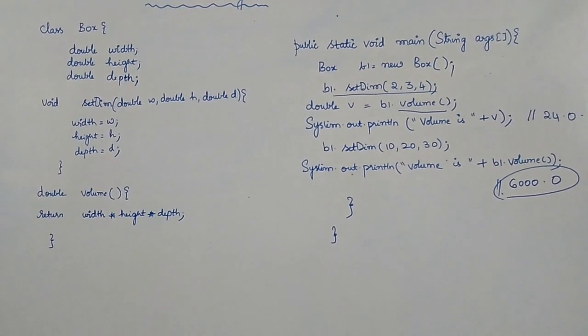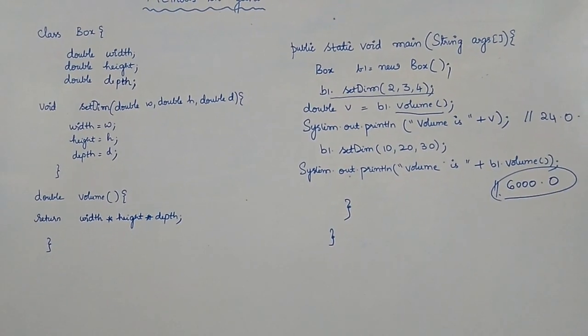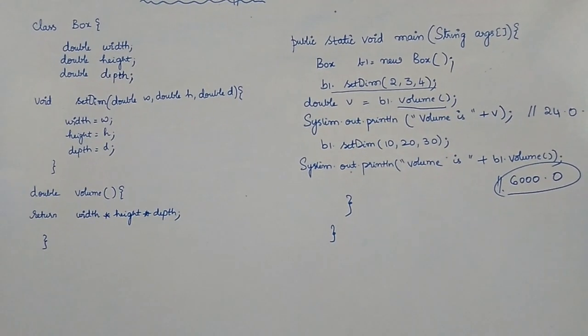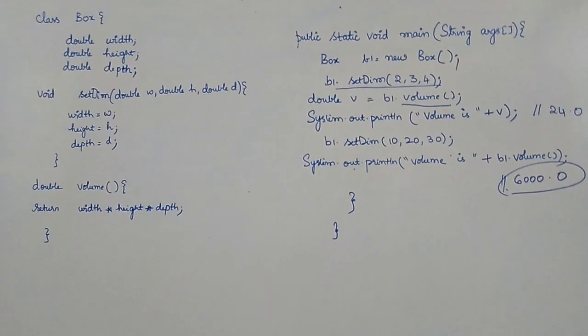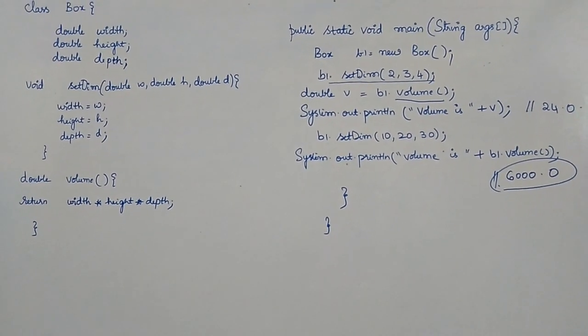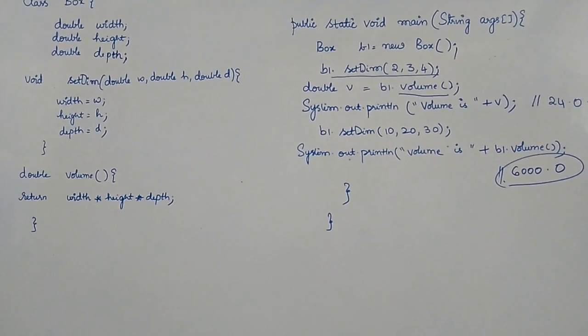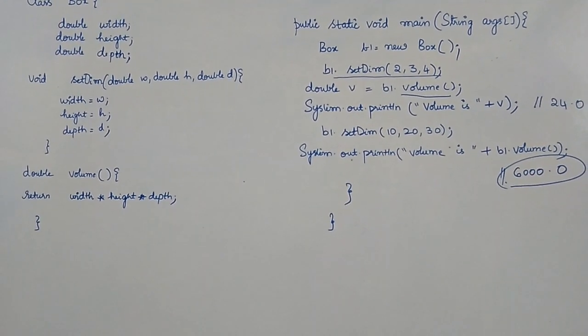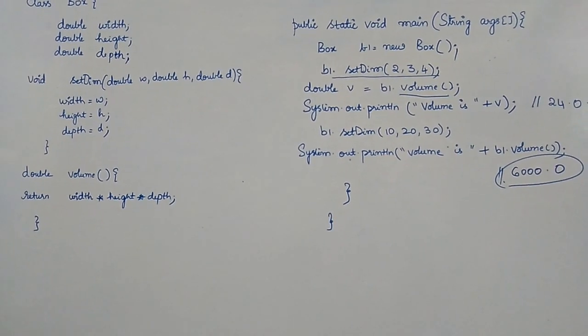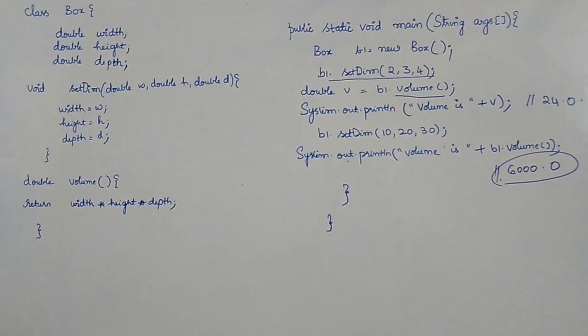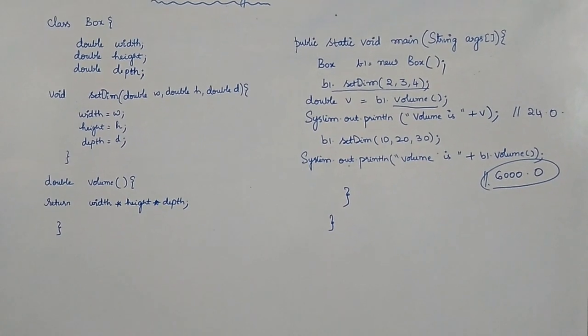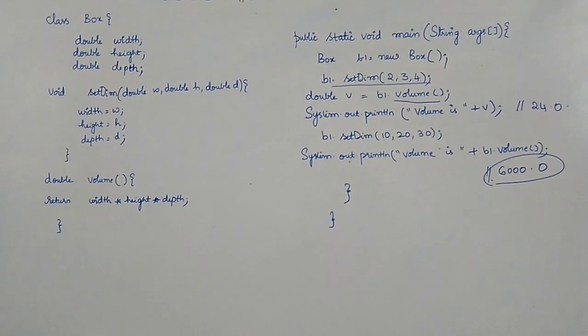But make sure that the return type is compatible with the return type that you mention in the main method, and the arguments list and the parameters list are compatible, and the same number of arguments are there both during the calling and also inside the method declaration. Okay, so this is how you create a method with a parameters list.